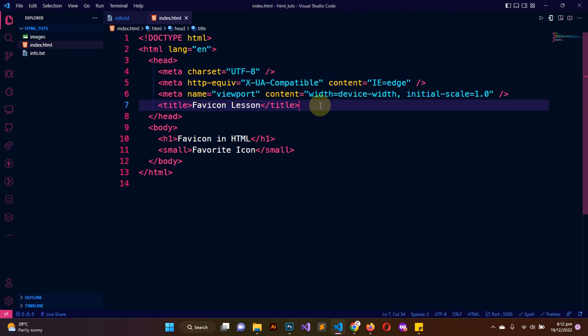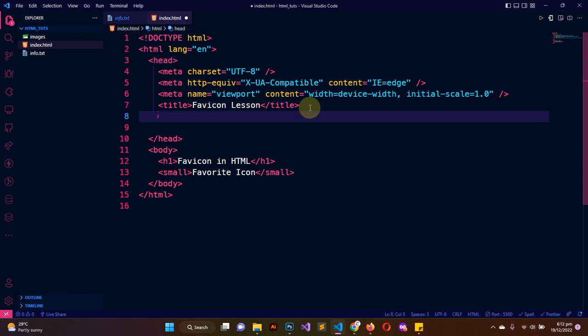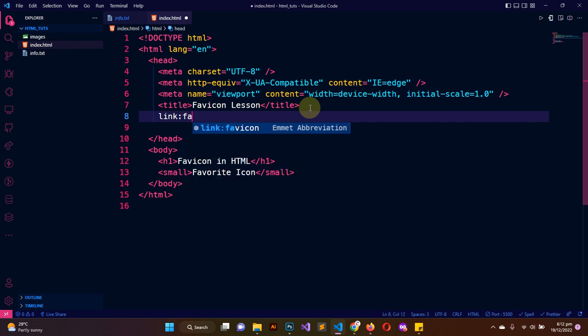So we would want to link an icon to our web page, so therefore we have to use a link element to be able to achieve that. So inside the head tag, and beneath the title tag, we are just going to say that we want a link tag which is of the type favicon. Now I typed link and then I wrote a colon and then followed by favicon. Now when I hit tab, it is going to generate the entire link structure that I want to use as a favicon link,